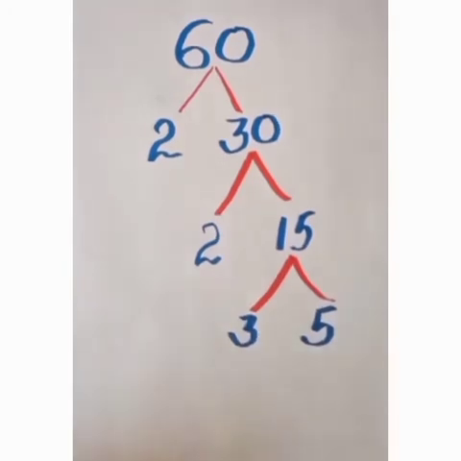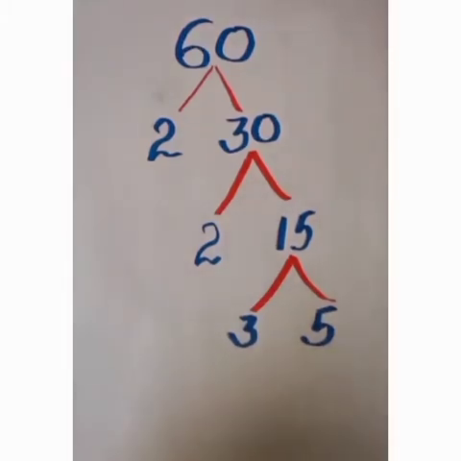So here we got the prime numbers. Now 3 and 5 are the prime numbers, so we'll stop over here. We will not split the factor tree further. We could do 1 times 3 is 3 and 1 times 5 is 5, but again and again it will go on and on. So where we got the prime numbers, there we have to stop.